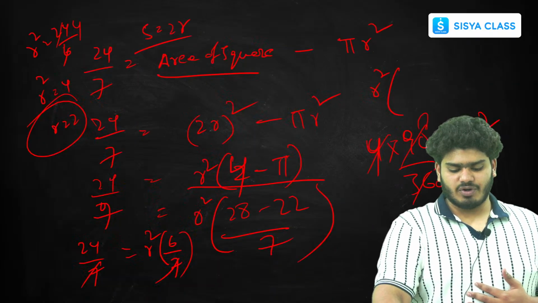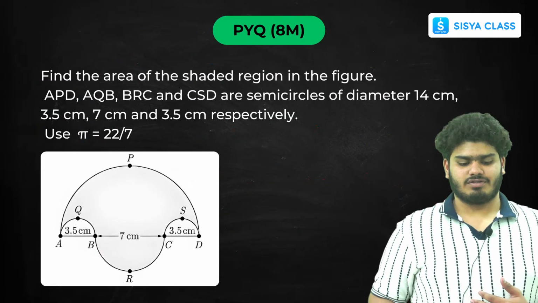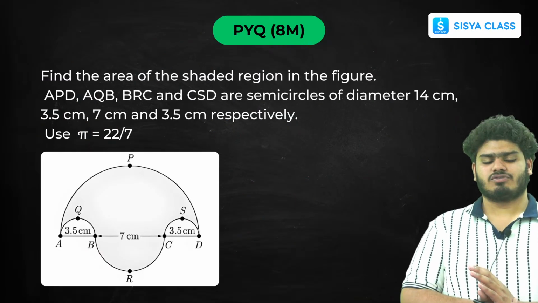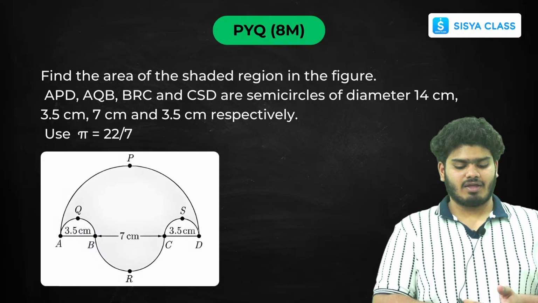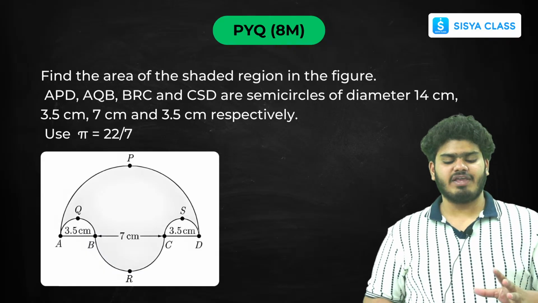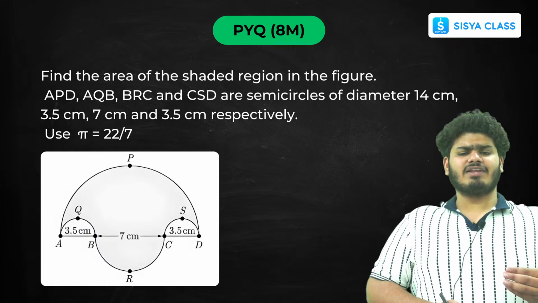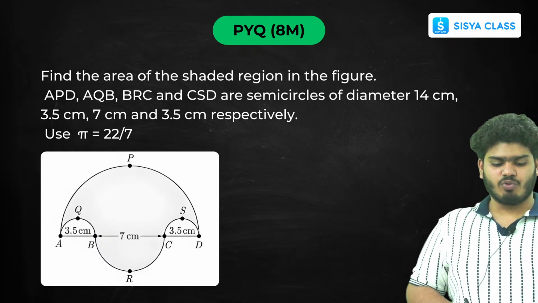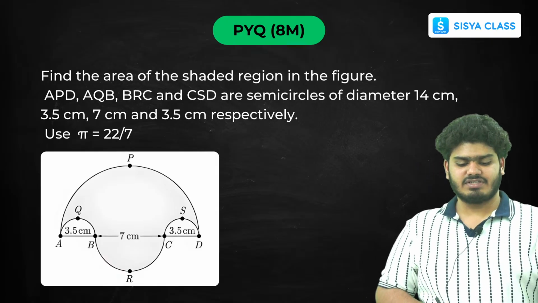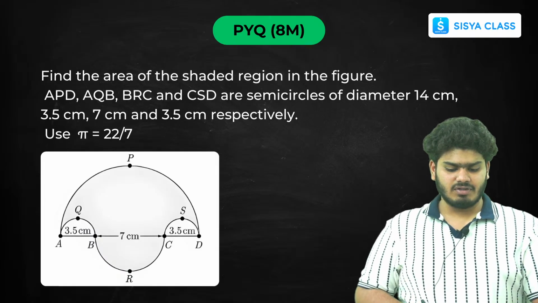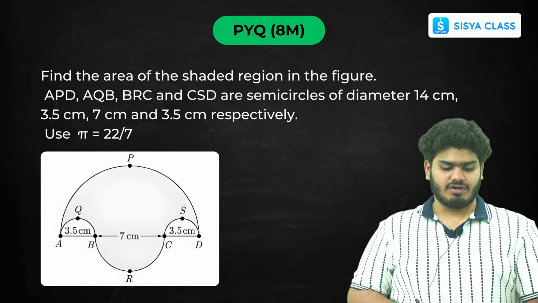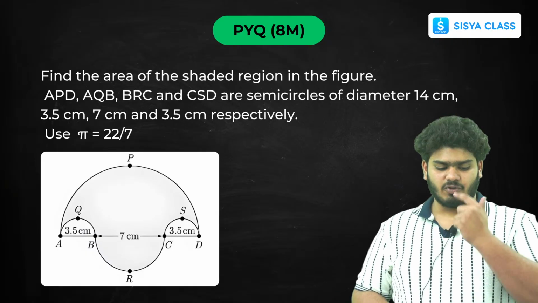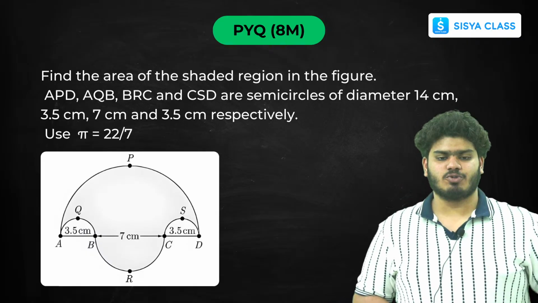So then let us go into the next one. Okay. Find the area of the shaded region. It's a very easy problem. The diagram is looking like a huge one, but it's very easy to find the answer. Find the area of the shaded region in the figure where ABD and AQB, BRC and CSD are semicircles of diameter 14 centimeter, 3.5 centimeter, 7 centimeter, 3.5 centimeter respectively. So if you see clearly here,